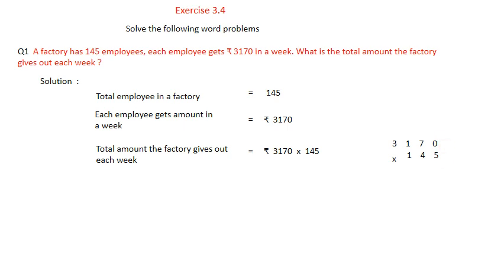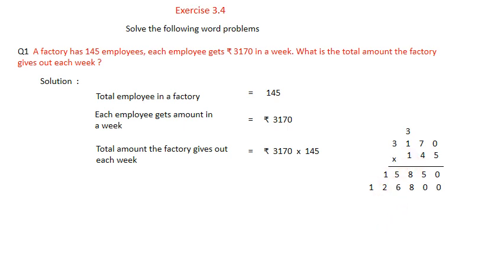Now we are going to multiply by 5. See here, 5 zeros are 0, 5 sevens are 35, 5 ones are 5, 5 plus 3 is 8, 5 threes are 15. Now next is 4 here, so this becomes 40. So we'll place a 0 here first and then multiply by 4. 4 zeros are 0, 4 sevens are 28, 4 ones are 4, 4 plus 2 is 6, and 4 threes are 12.